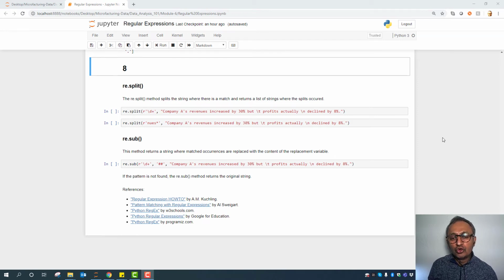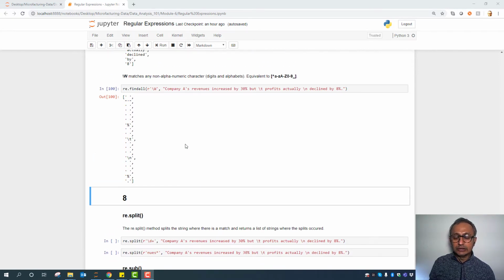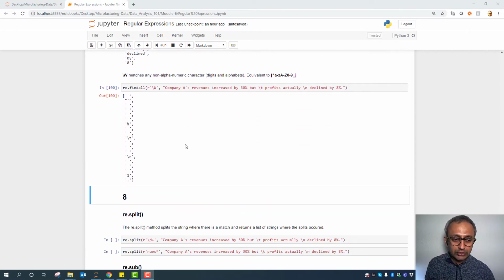So there is a lot more to regular expressions. We're going to stop here with the split and the sub methods. But I think if you explore this package, you'll find a lot of different methods which we are not going to cover here. I'm only going to cover what we will want to use a lot more in real life,